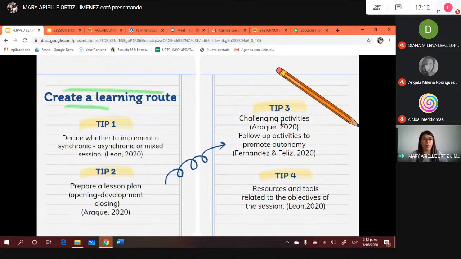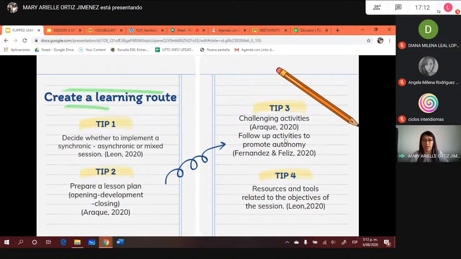A very good advantage of flipped learning is that autonomy is a key aspect. They work, they do, and they apply things by themselves. So being a facilitator and being a guidance is very important and vital. But the follow-up activities we do are just to know that you're doing things well, and we can do it